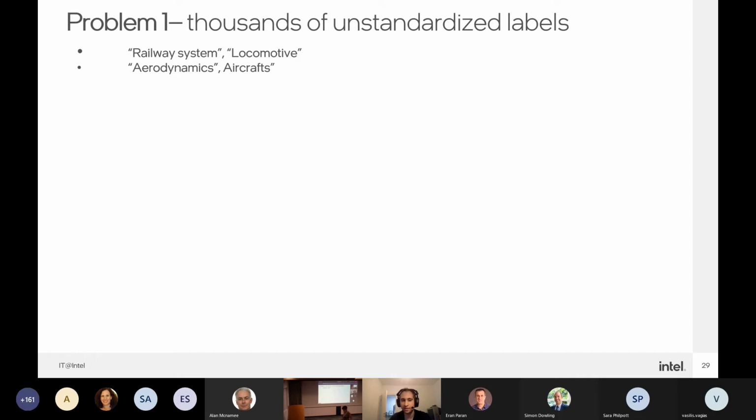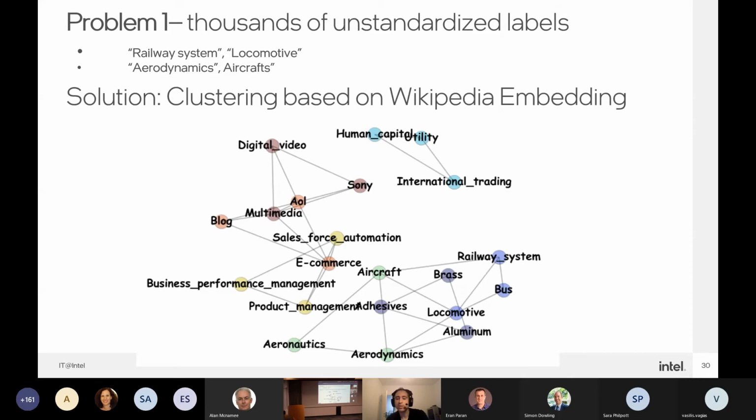And we somehow want to standardize them. The way we solve this is by computing the relatedness between pages. The products and industries are also pages. The relatedness is computed using information of ingoing and outgoing links, and also the content. And once we have this relatedness measure, we can form a graph, and then cluster or standardize these labels according to graph distances.